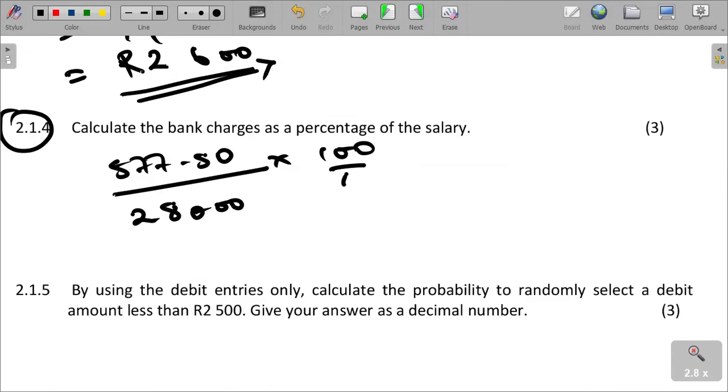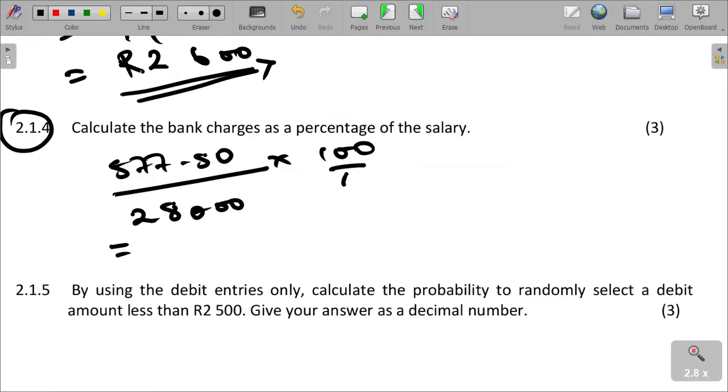577.50 as a percentage of 28,000. So the bank charges as a percentage of the salary, we can calculate that. Just put it through the calculator. If you can calculate that,